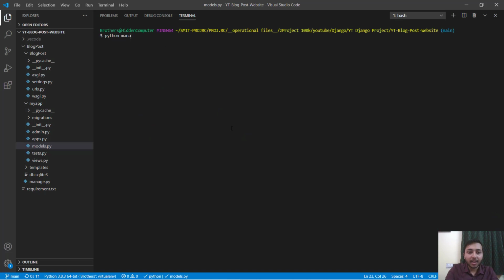So I will just say python manage.py shell. Okay, I just need to change the directory. So I will say cd blog post, clear the screen. Now I will say python manage.py shell. Okay, now clear the screen. Now I have to retrieve all the posts that are present in the post model. So at first I need to import that particular model, that is post. So I will say from my app dot models import post,